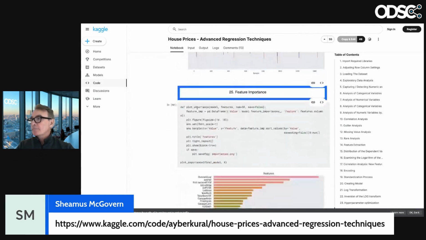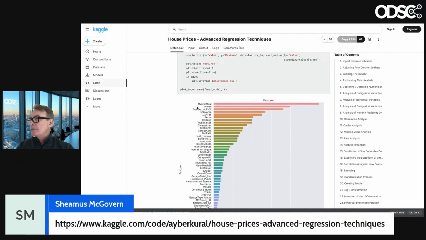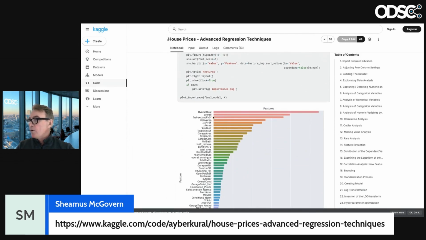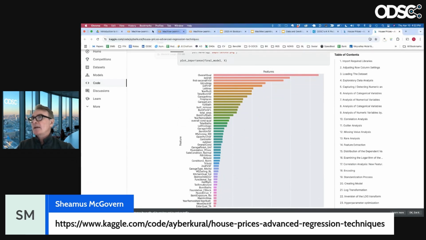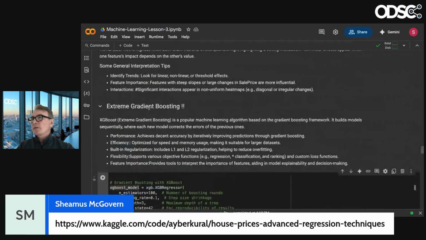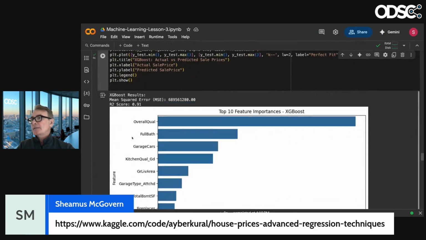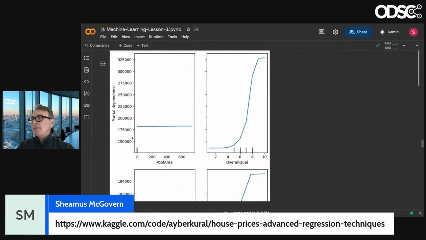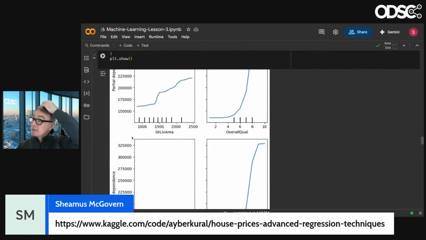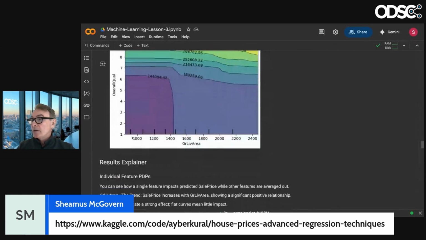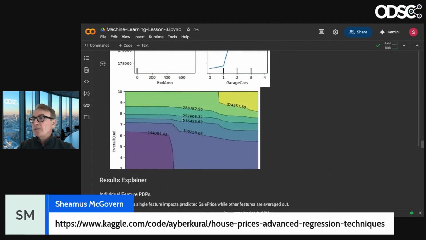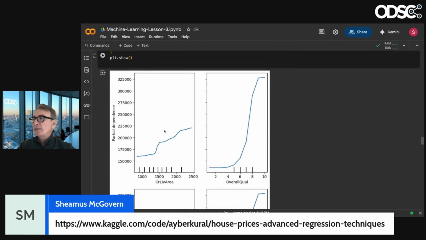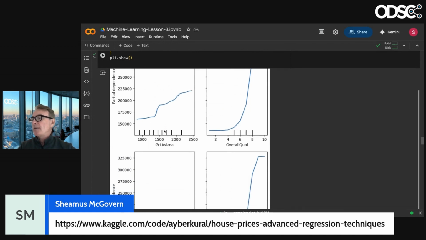So trust me, see the features here, still overall quality. He's got another feature here, total basement square feet. His actually looks a little better, but I bet that's on boosting here. So let's look at what our results were. Did that run? Yes. Okay, so this is explainability. I don't quite have time to explain what you're seeing there, but you can go through. There are some interesting charts you can look at at your own leisure. It's a little bit of an advanced technique, but I do find it useful.